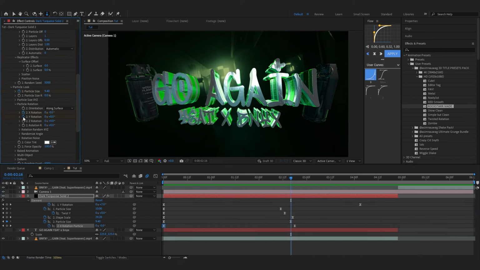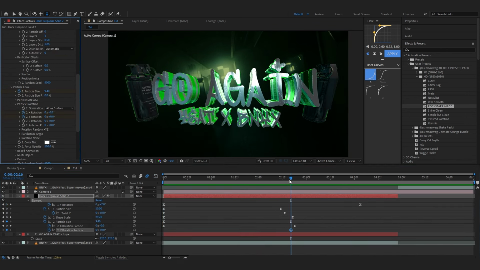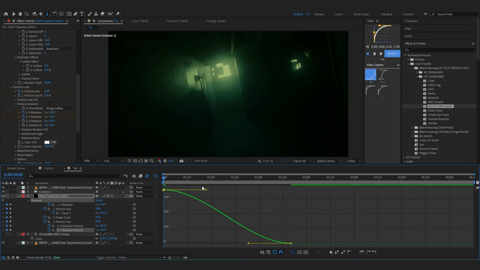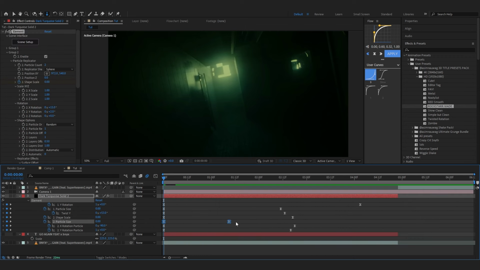You can even hit the stopwatch on the Y rotation and make it a 1 cycle as well, and easy ease those keyframes, go into graph and make the same graph in here. You can even play with the keyframe durations and stuff and get it to your liking, so something like this